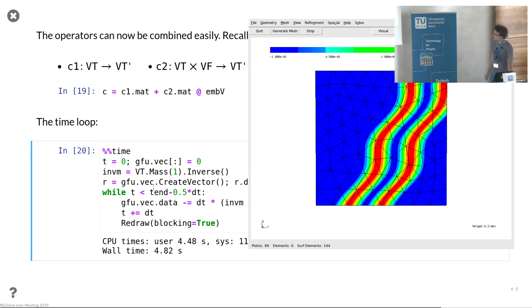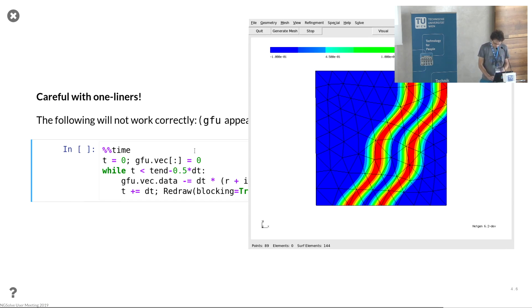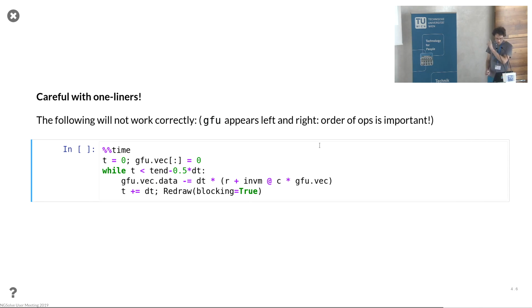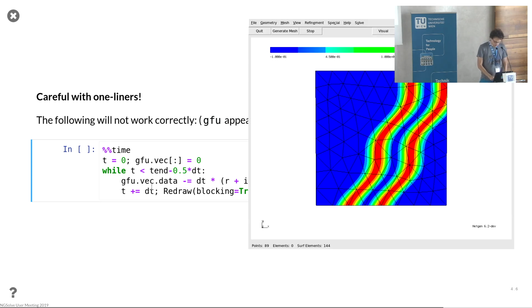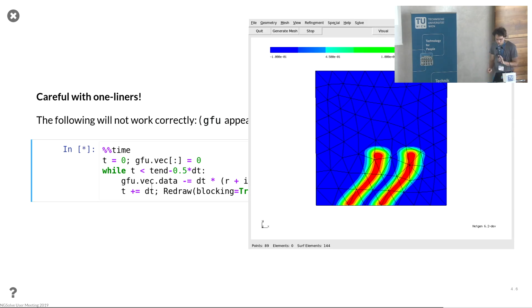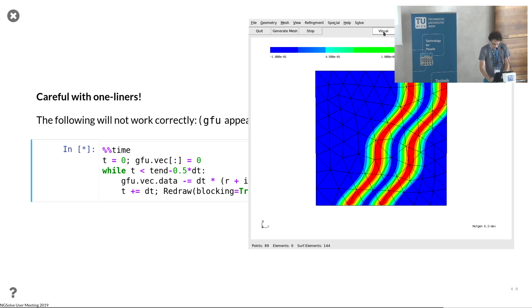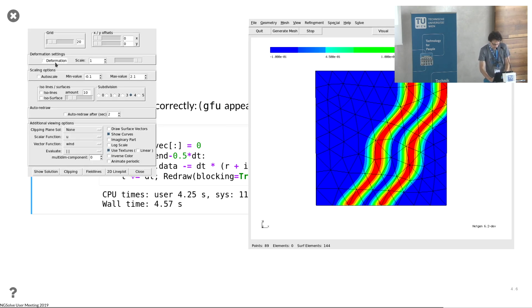Okay, so 4.8 seconds, not that much faster yet. So what can we do to improve this? Okay, before we go to improve this, there's one warning: be careful with one-liners, because here you have on the left and on the right-hand side the same vector that you manipulate, and if you do this in the wrong order, then you get something wrong. This is also the case here, although at first glance you might not notice this, but if you take a careful look at the boundary values, you will see that